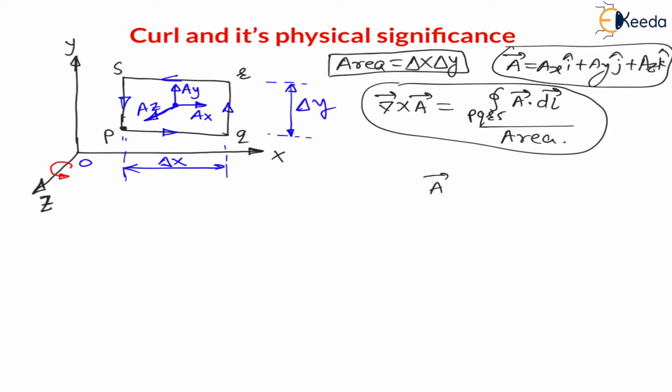Here vector A dot DL is nothing but A DL cos theta, right? And whenever theta becomes 90 degree, this will become 0. Means PQ is along X axis, AZ and AY perpendicular to X axis. Means there will be no component of AY and AZ on PQ. The component of AX we have to transfer on PQ, right? This is very simple understanding. Means parallel components for respective lines we have to transfer on this line. That simple understanding you must have, right?